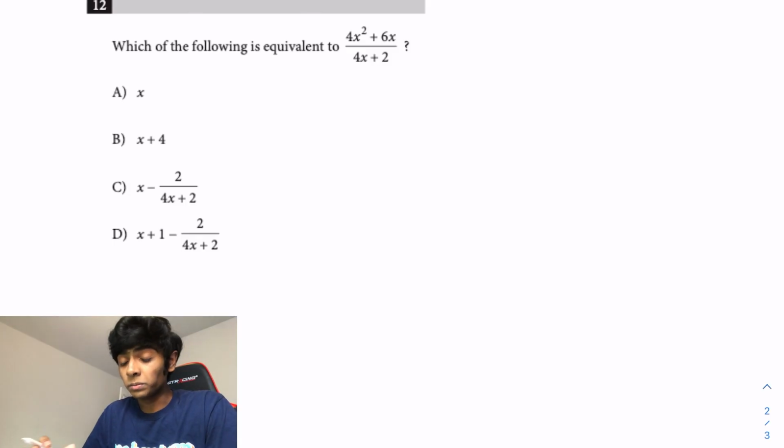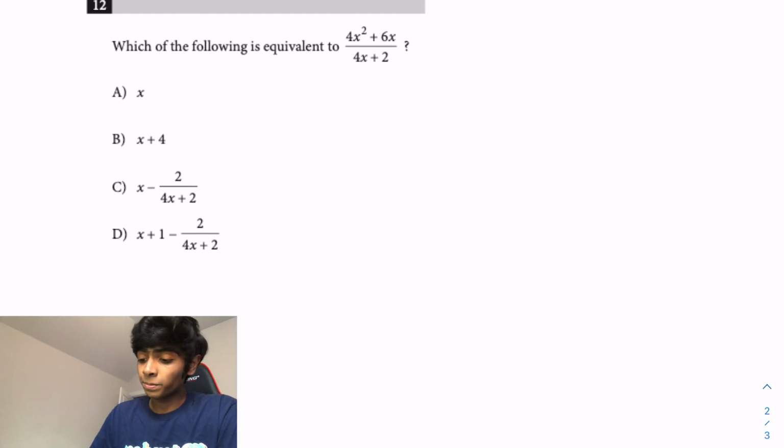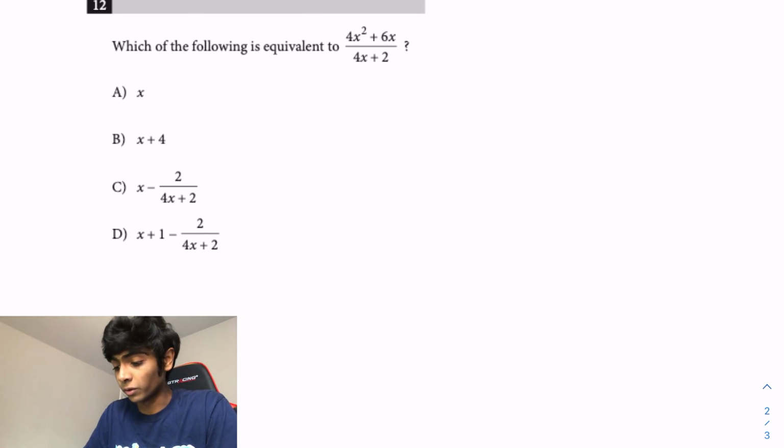Okay, now let's go on to number 12. Number 12 is asking us, which of the following answer choices is equivalent to 4x squared plus 6x over 4x plus 2? Now, we can do this algebraically, but what I like to do in questions like this is I would just plug in a number for x, like before, right? So we'll say x is equal to 2 for this, and all we have to do is plug in 2 for all the x's,